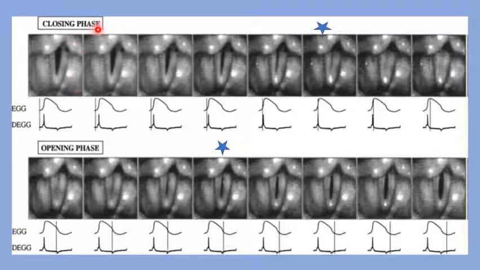At the start of the closing phase, the glottis is still open. You can see some glottic area in there, but the vocal folds are starting to get closer together. You can see from the traces here that the closing phase had not yet started, and the positive peak has not been reached yet. This positive peak would describe the abrupt closure of the vocal folds and the start of the closing phase. It would be reached in here, and this